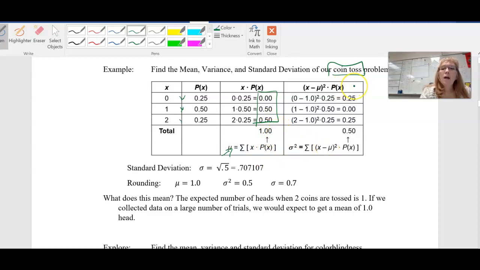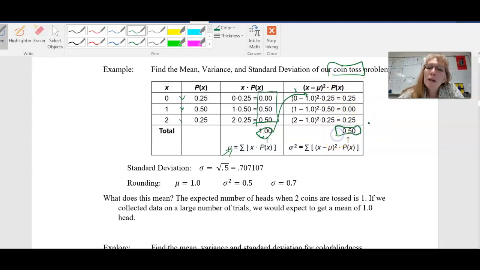So now, to find x minus mean squared, you take, okay, sorry about that. So now we have the mean of 1. So next we have to find our standard deviation. So in order to find the standard deviation, we take our number, so this is the x, minus our mean, which we just found down here, so it goes up here, square it, times our percentage, our probability, and we get those answers. Take those and add them up. Now remember, this is the variance. In order to find the standard deviation, we just take the square root of our variance, our square root of 0.5, and we get